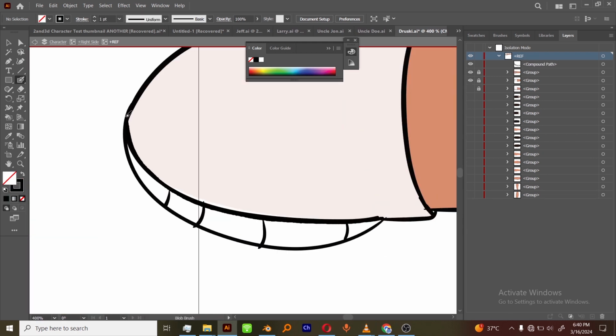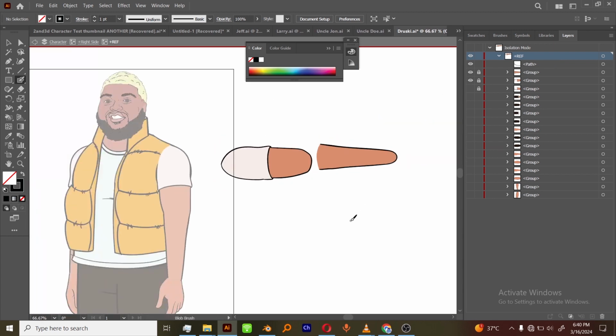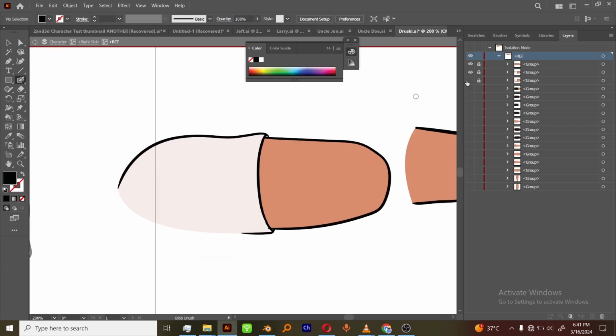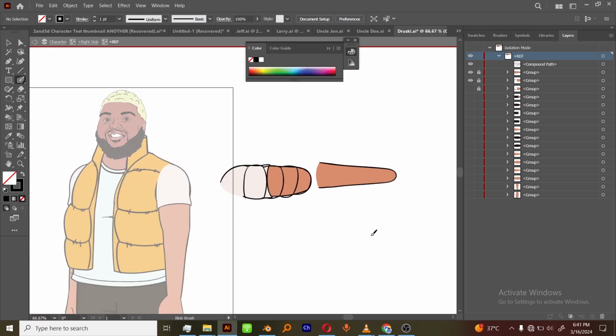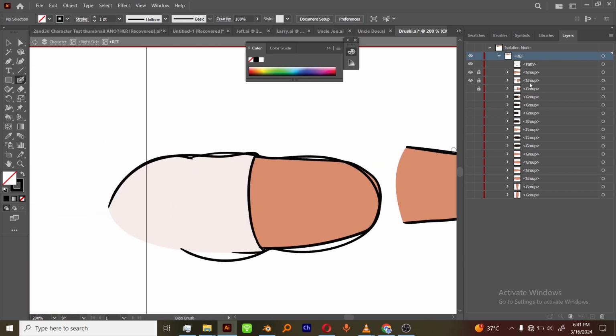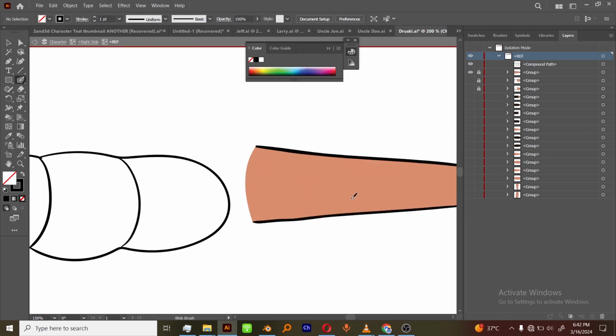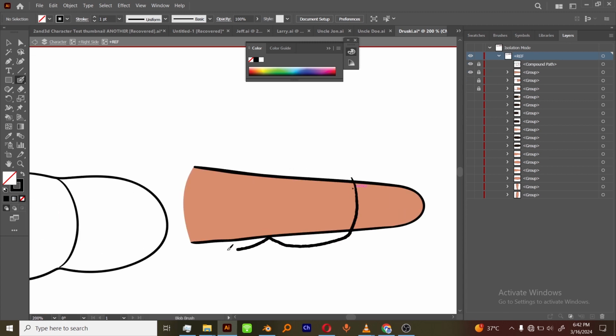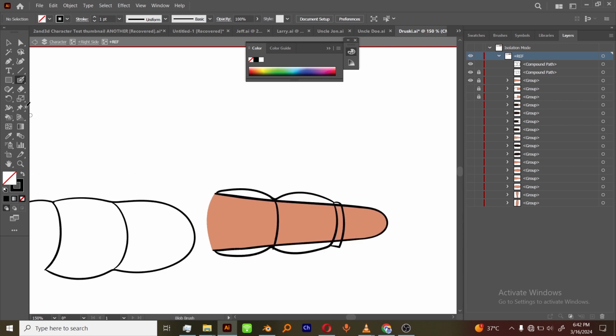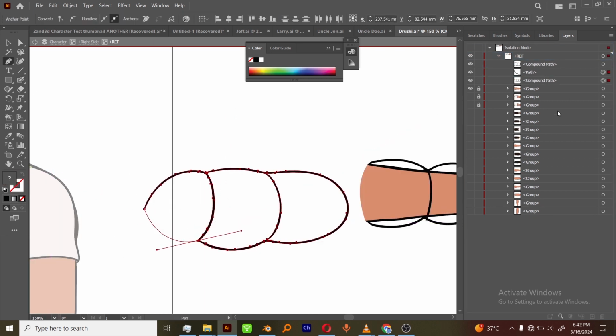So let me just explain what I'm doing here. Normally I could just use this hand because it actually fits, but I'm trying to create kind of a sweater thing for him. So what I did was I used the reference image, I created the hand, and then I just replaced it. I create it as a brush, then I replace it all through, so I do not have to go through the rigor of